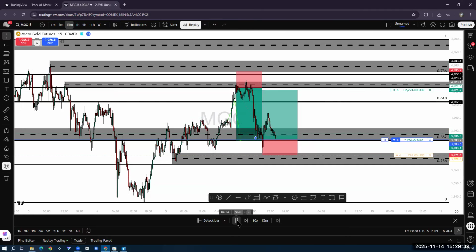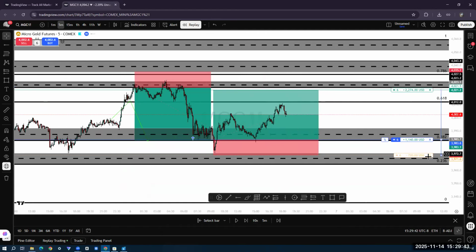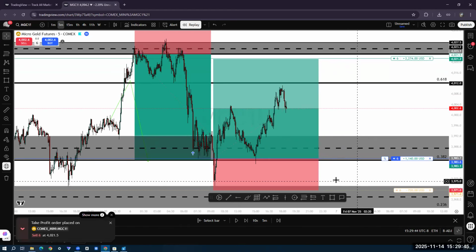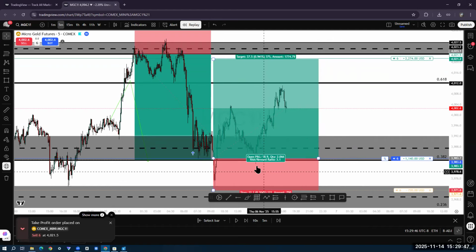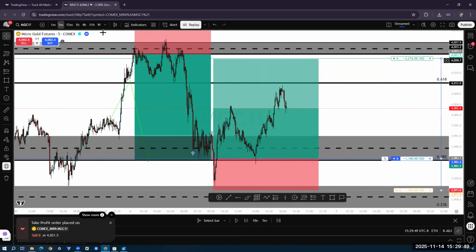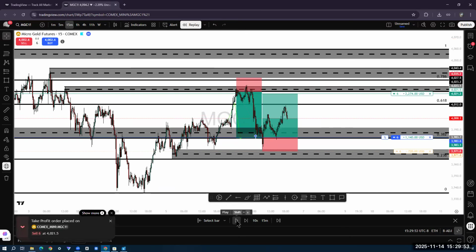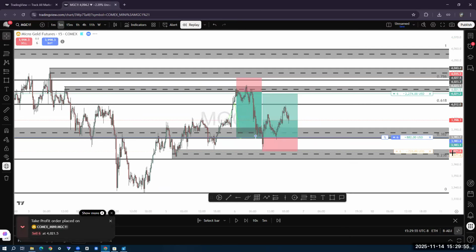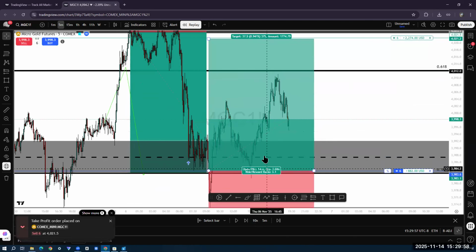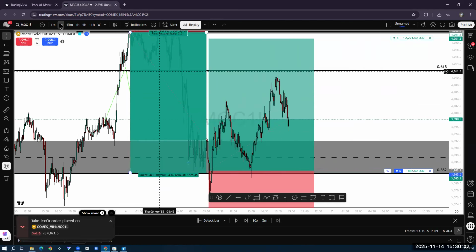But yeah, this entry, let's see how this entry plays out. Targeting a 1 to 3. Damn, look at that. Oh my God. So even if we missed the trade, look at the re-entry. Yeah, perfect. 382 re-entry. And this trade could have hit TP. Imagine you were on the 5 minute time frame. You would have hit TP in 15 minutes if you would have got a re-entry right here.